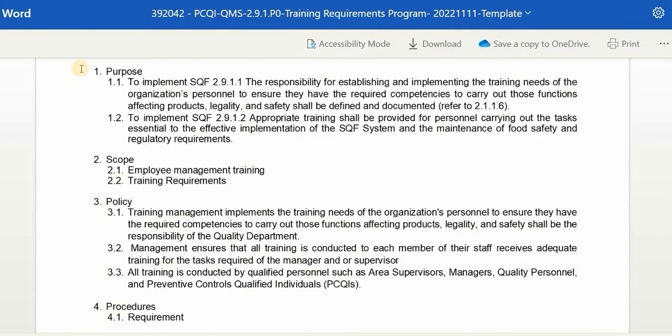First, we have here the purpose. The purpose is the implementation of any certification standard or compliance with a regulatory requirement. For this program, it is for the implementation with the SQF Module 2 Edition 9 for food manufacturing under Clause 2.9.1. And under purpose, we have to implement SQF 2.9.1.1, the responsibility for establishing and implementing the training needs of